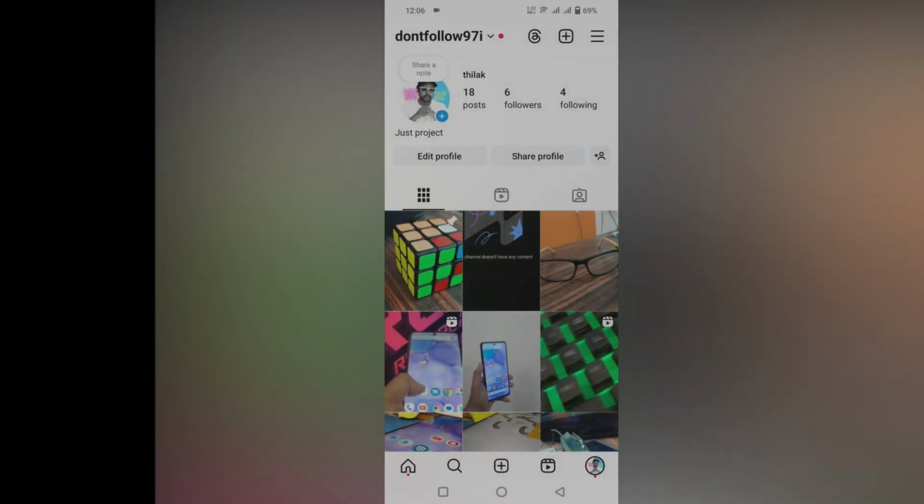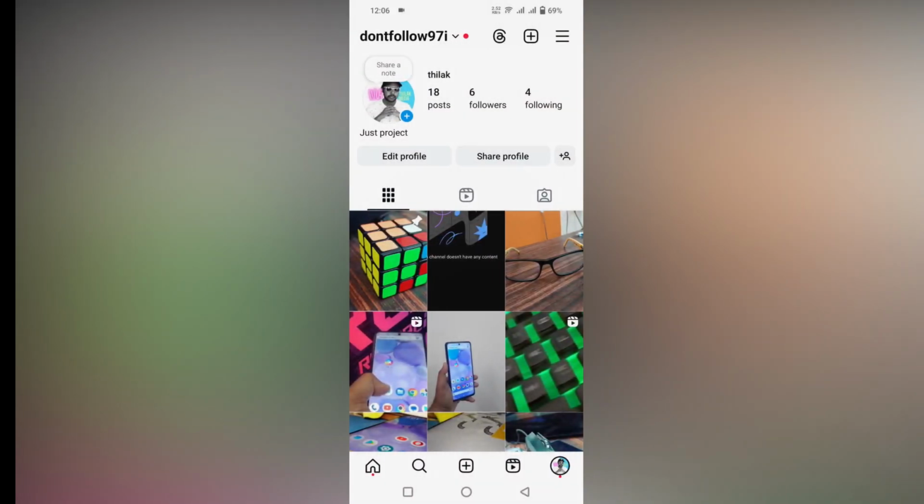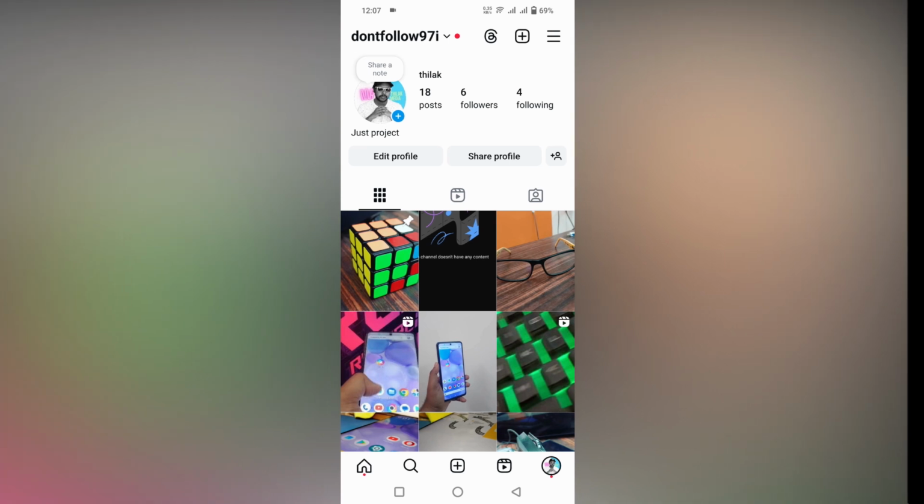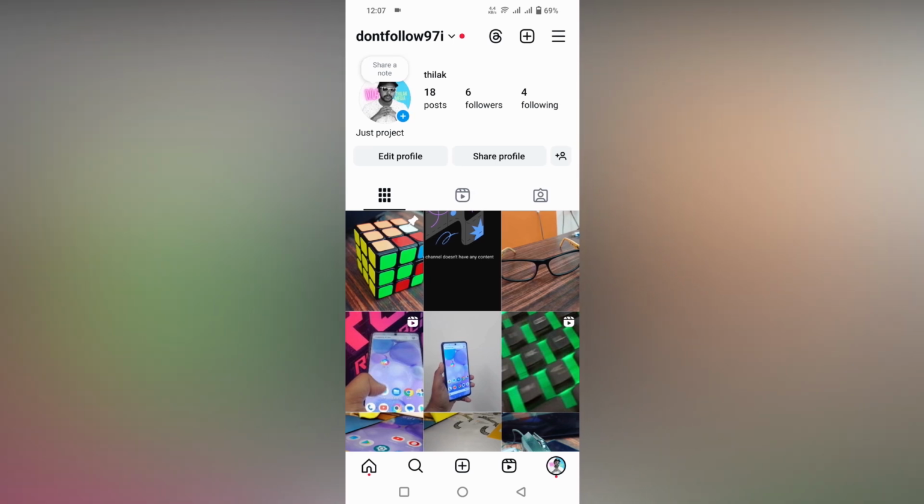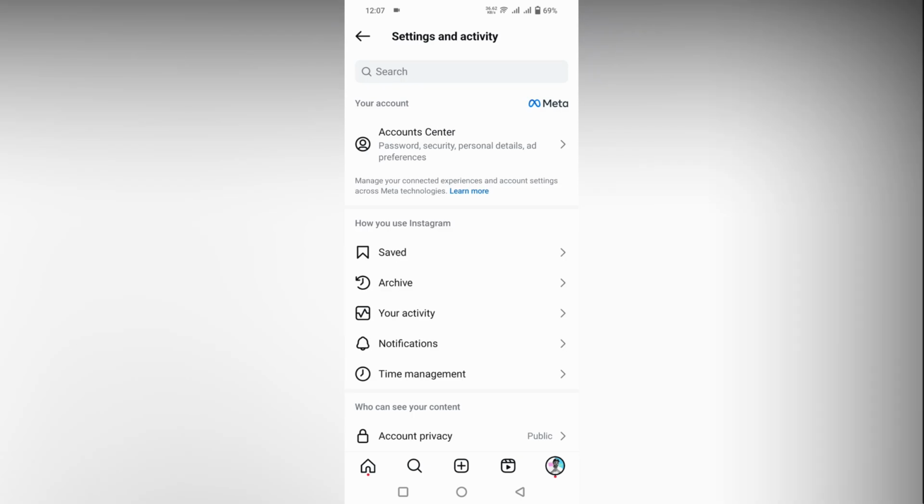So how to turn on nudity protection on your Instagram? It's a new update. First of all, update your Instagram. This is so useful if some strangers or someone sends unwanted photos, they will be blurred by using this nudity protection. So first of all, open your Instagram, click on the three dots on the top,